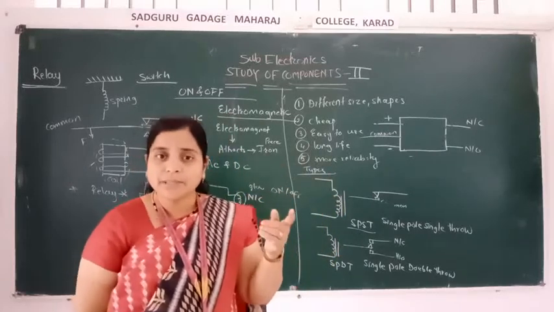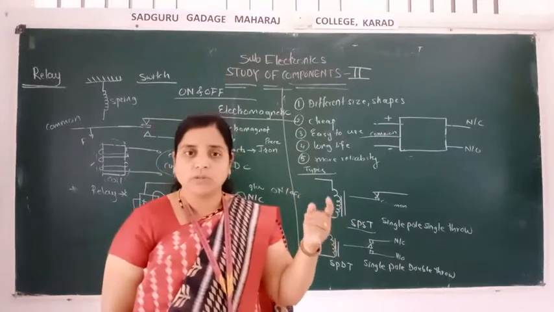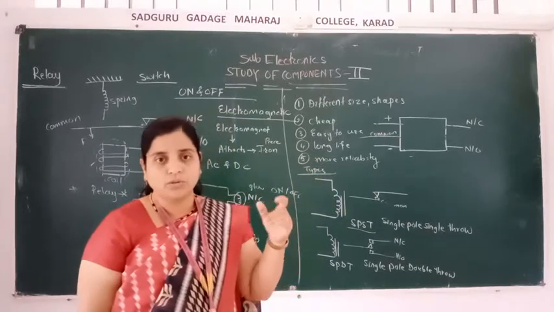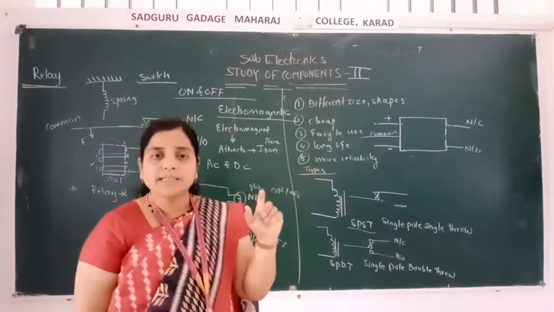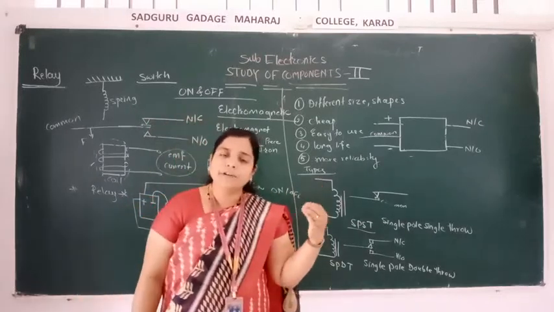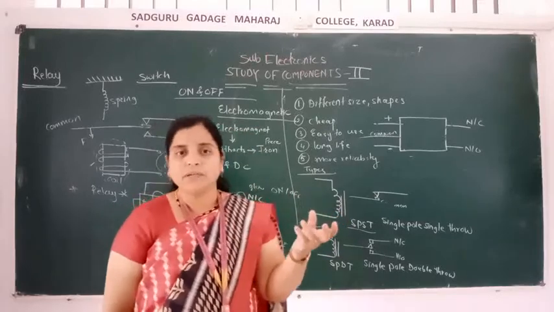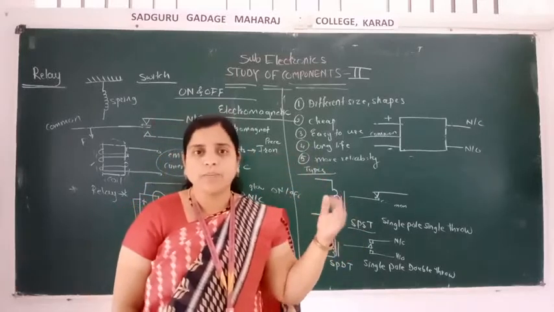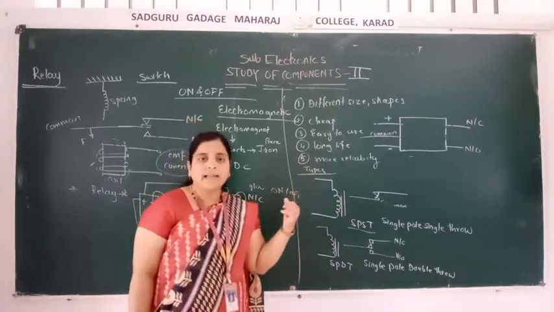At that time, battery means what? It is a DC supply. So that will work on the DC supply also. So you can take the light from the battery also. So one type of relay is used in that inverter also. So the best example is your inverter. We are using all these things in our home, but we don't know what this is and why it is used. Okay. So most of you have an inverter at your home. Then the light will be gone if the power is off. Then automatically it is connected to the battery and we can switch on our light.